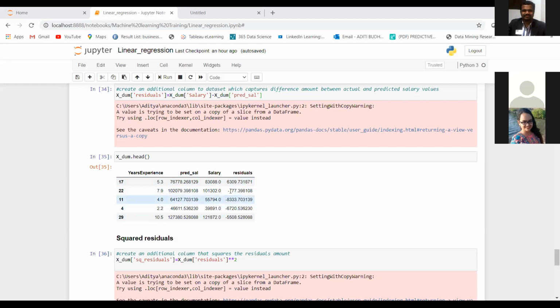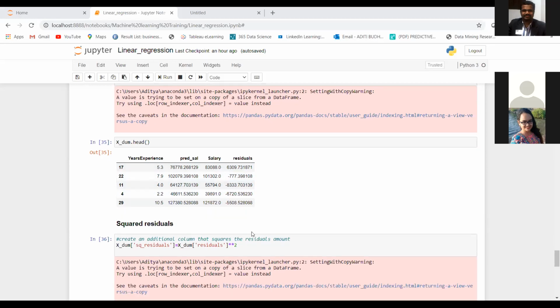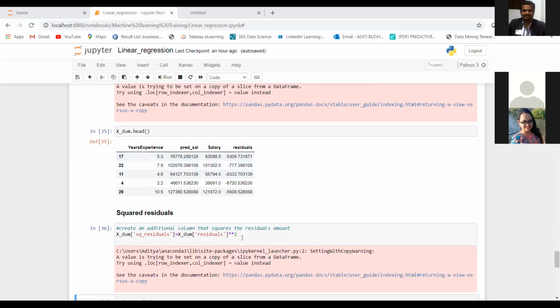What will happen? This negative value will go when we square it, and then we could estimate the true total residual, correct? So this is the reason why we square our residuals.